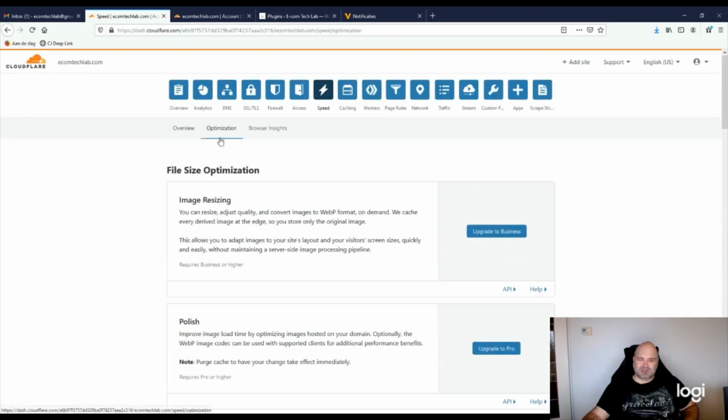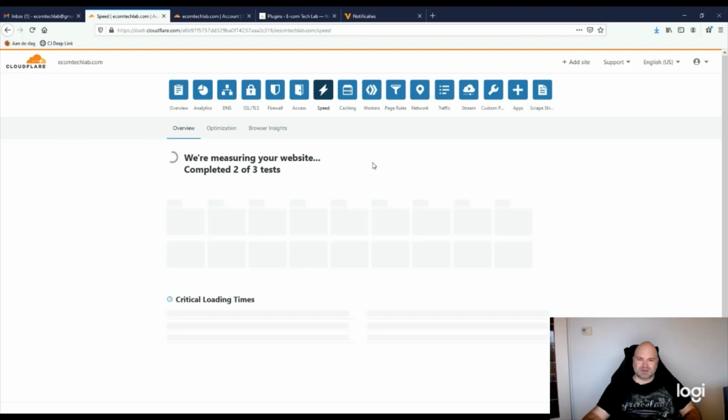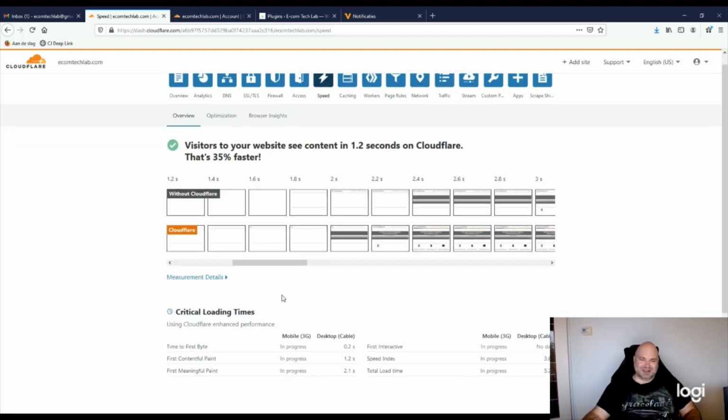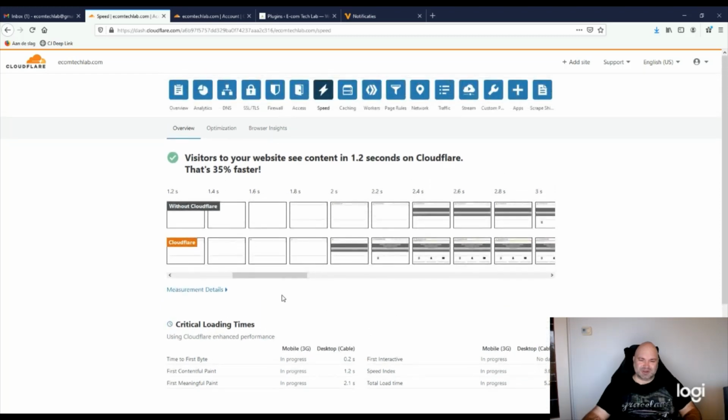That's the optimization part, and those were the options that I wanted to discuss with you, and which ones to enable. This is still testing, but we're not gonna wait for that. Okay, and just as I said it, there's the results. So you can actually see the loading time of your website, and that's also a very nice feature